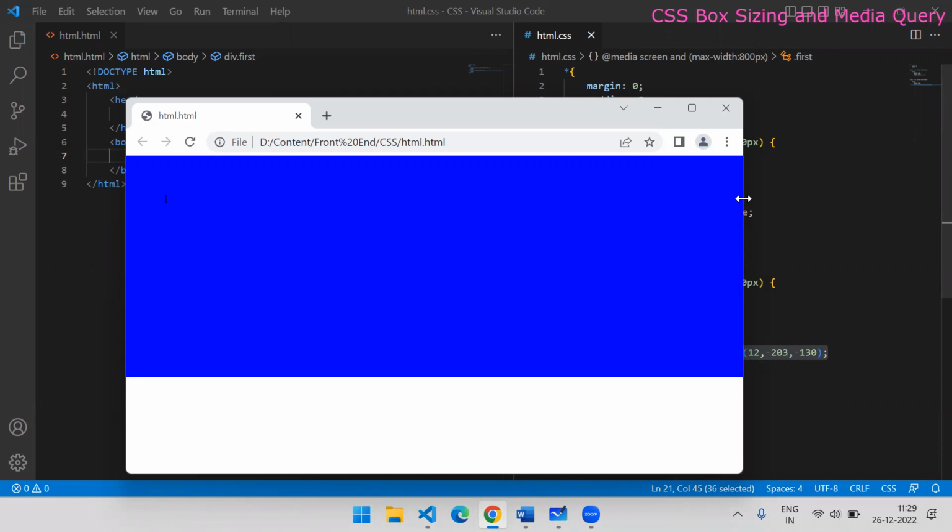Here it is 800 pixels, somewhere around the size of my browser window, and this is how it allows us to change the property as per the screen size of